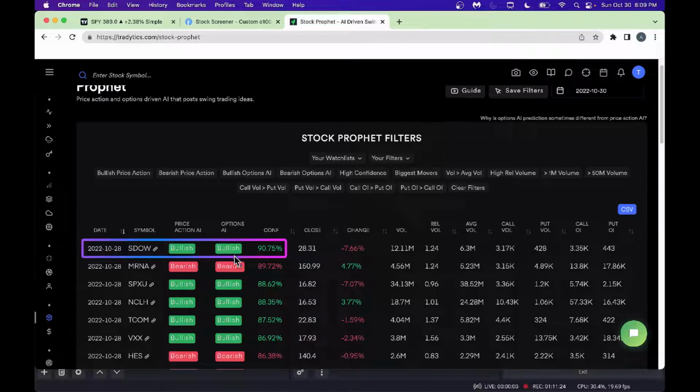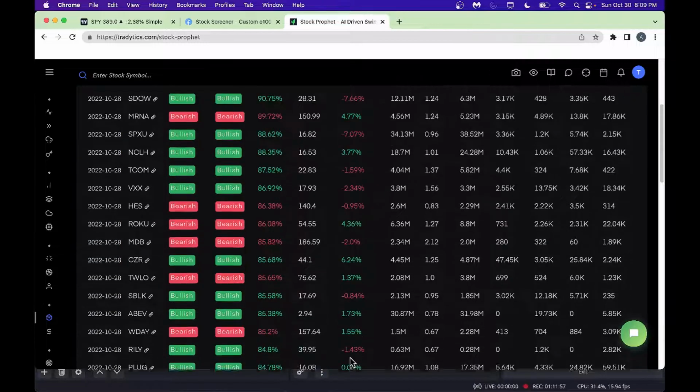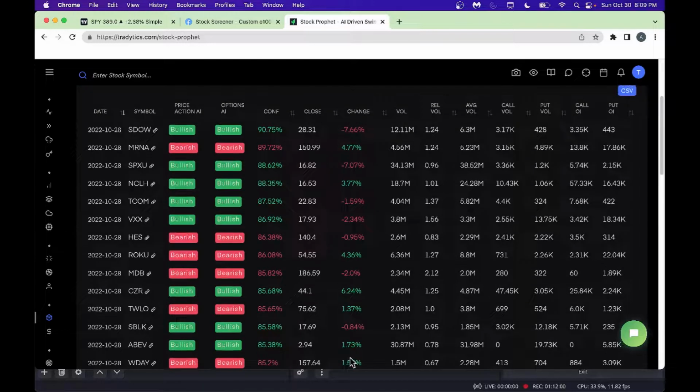That tells you can play along here. There's a good chance that Dow Jones Industrial Average, the SDO, can go higher. You could really play along here. It's at $28 right now, and you could put some money here, and you can also play along here. All this important thing is they will tell you what the confidence level. When the confidence level is high, you could play along. Always watch the chart before you place the trade, but their artificial intelligence will help you with this confidence level. And when the confidence level is above, say 80%, you could play along with those.